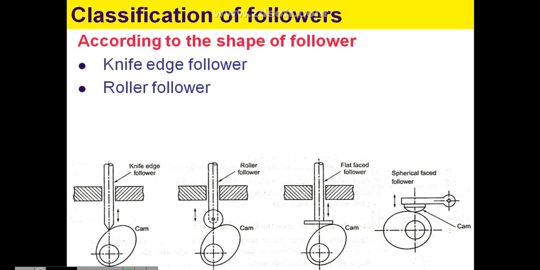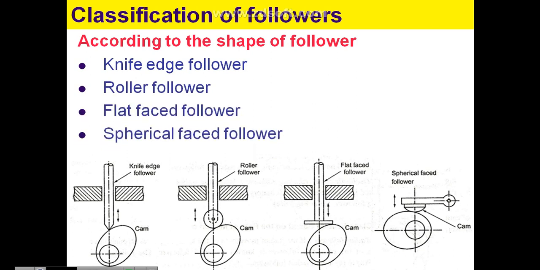Then the next one is classification of followers according to the shape of the follower. The first one is knife edge follower, then second roller, then third flat faced, then the fourth one is spherical faced follower. You have all of these in the diagram. You see the first diagram is the knife edge follower. The follower edge looks like a sharp point, like a knife. So that's why we have the name